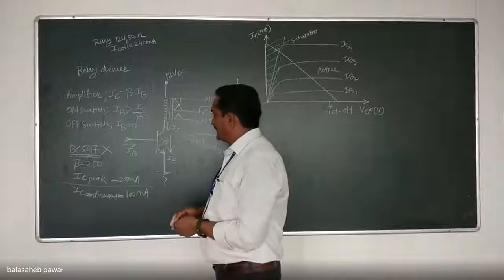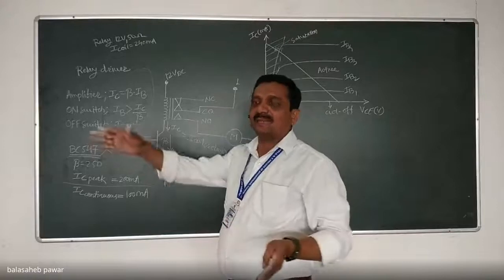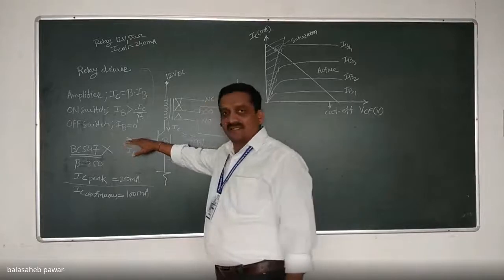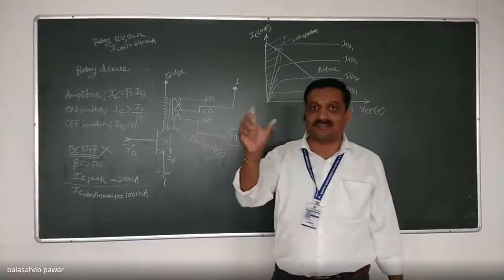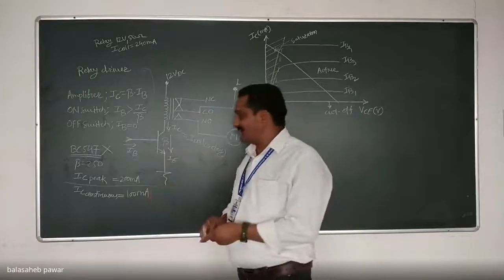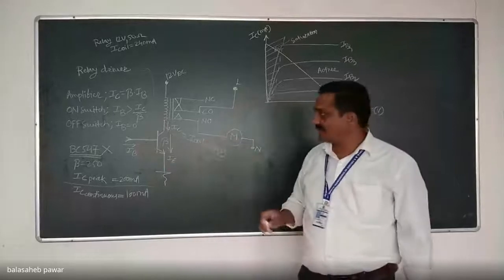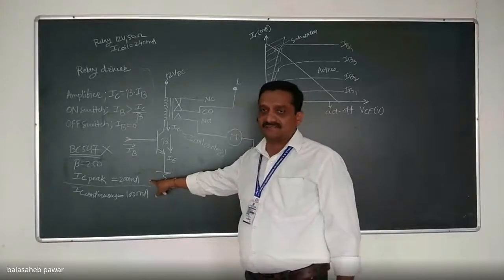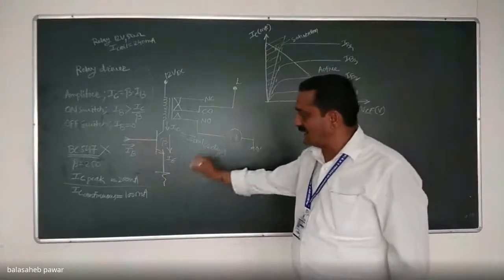Why should it be continuous? Because whenever we have to keep that motor in the on state continuously for a particular time duration, there will be a continuous DC current to the base terminal. That means this transistor should remain continuously on for that particular time period. That means IC will be a DC current and constant. And that's why you have to consider IC continuous. While designing an amplifier circuit, as it is an AC signal, in that case you have to consider IC peak. Is it okay? While selecting this transistor, in this case it should be IC continuous.